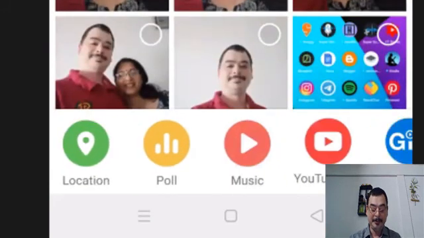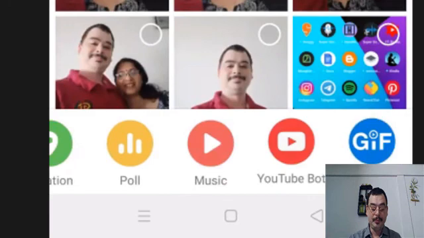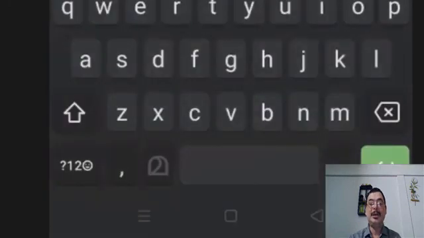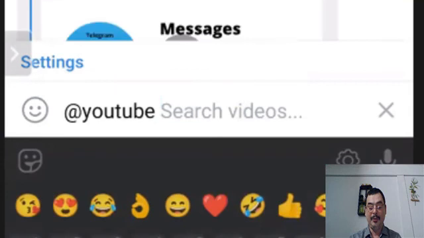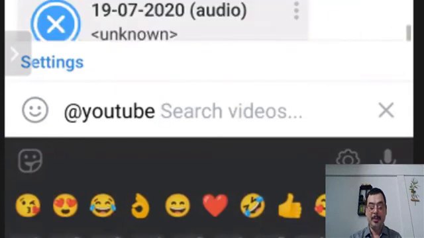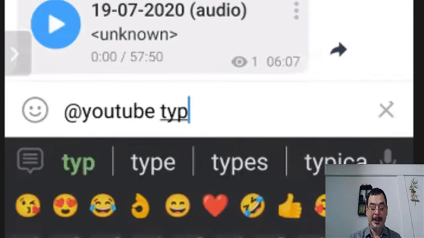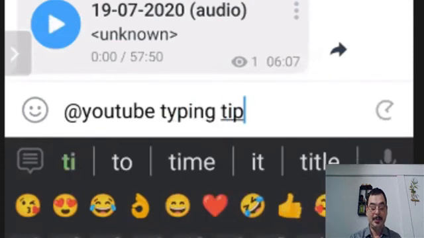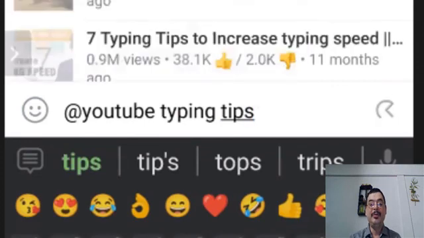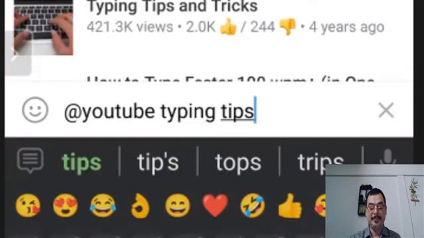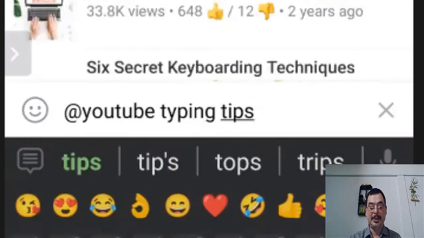The next is YouTube. Here what happens is I can go and search from YouTube the video I want to send. You can search for any videos. For example, if you want to send a video of typing tips, you can see that automatically the video will be searched, and you can see that a lot of options are coming on the left side.